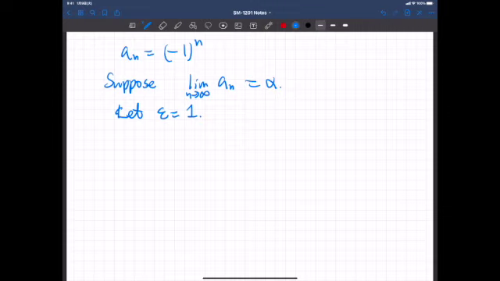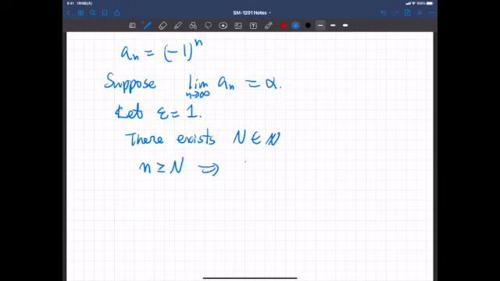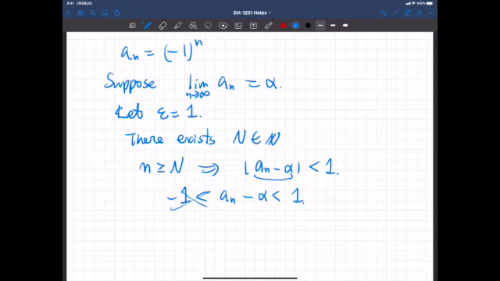So there exists a natural number N such that if n is greater than N, then |an minus alpha| is less than 1. So this absolute value is less than 1, which means an minus alpha is between -1 and 1. We don't need this part. So from here,